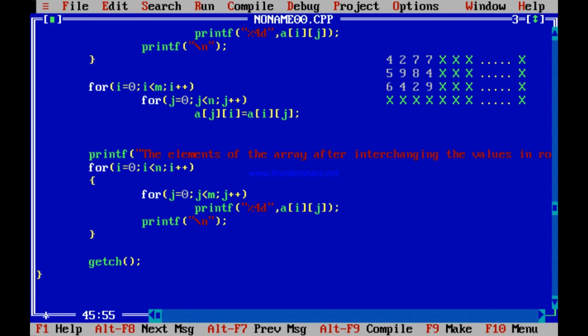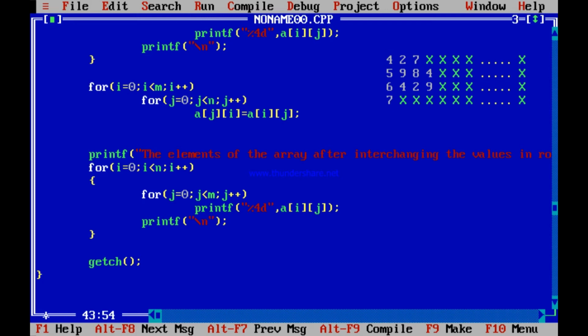Next time j will become 3. So you are copying A03, this one, to here. That is what you want. This garbage will be replaced by 7 and this x garbage will come over here. Doesn't matter, because now your array will have only 3 columns and 4 rows. But see, here this 2 and 7 has gone over here and your 4, 5, 6, 7 has formed this column. That is what you wanted.